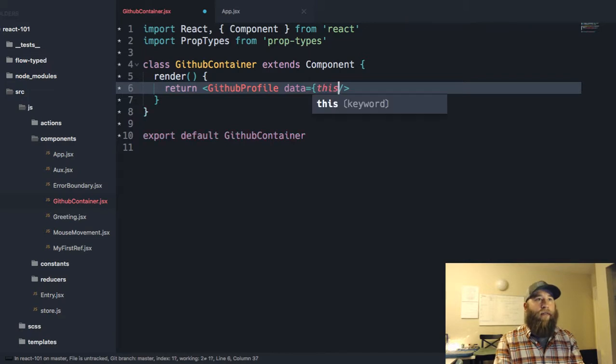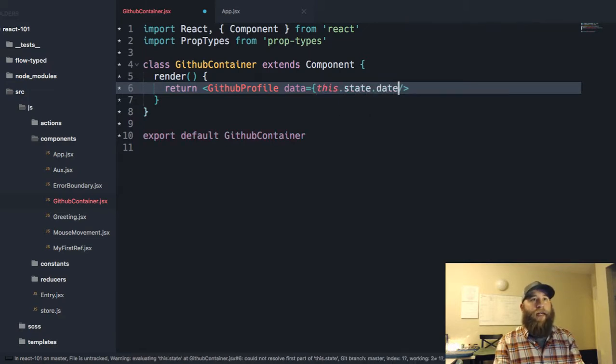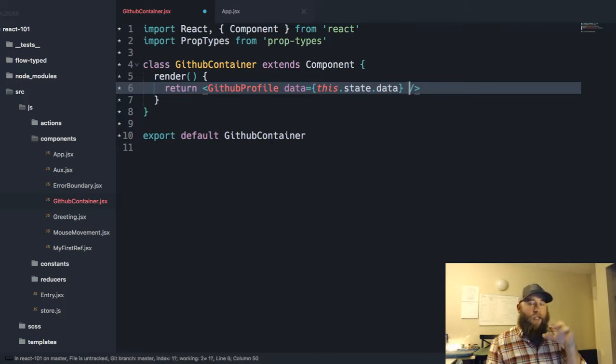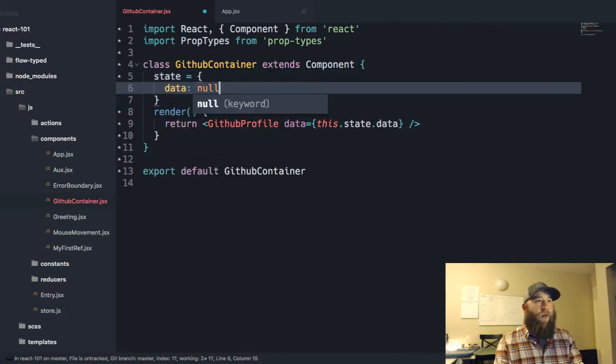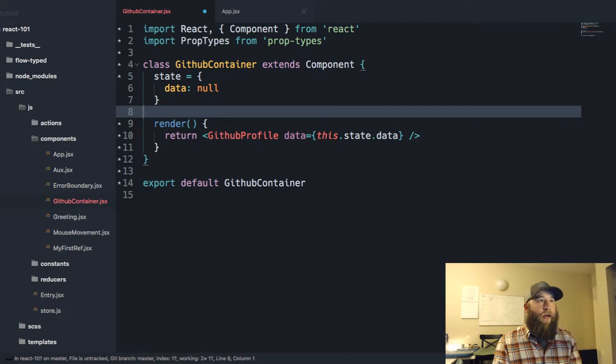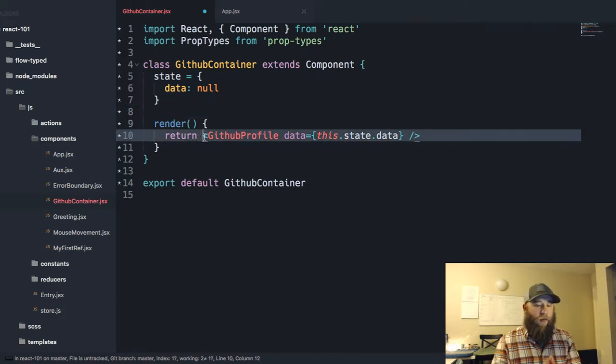is we're going to pass this.state.data. This is kind of what we're going to want it to look like, right? We're eventually going to want to get some data, and we're going to pass it to our profile, and our profile is going to display it. So we need data set up in state. So we'll start with data is null. And we're going to learn our first little trick we can do here. I haven't shown you guys this, but one of my favorite things is the